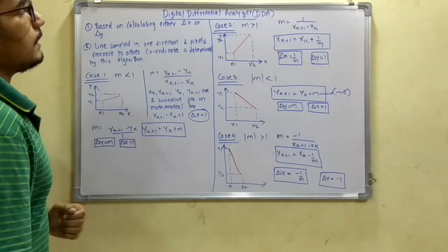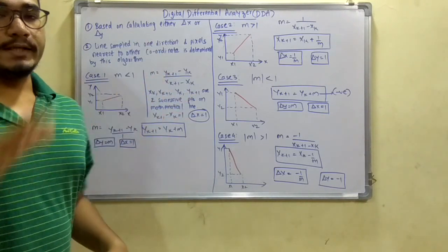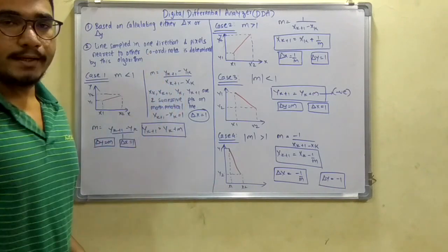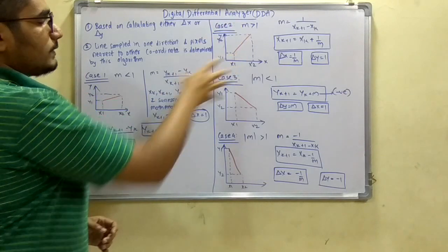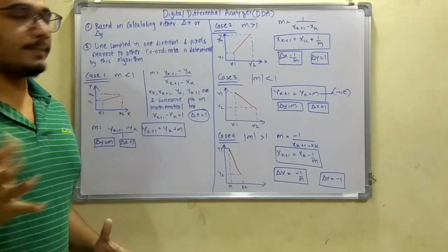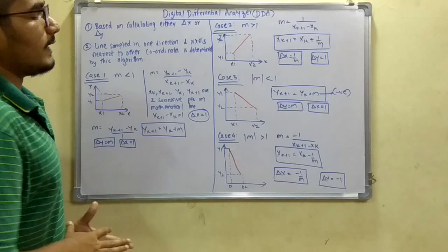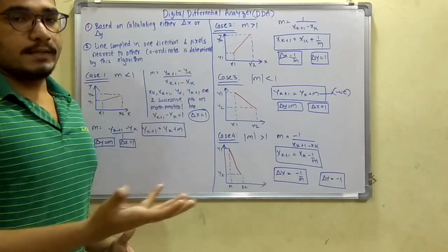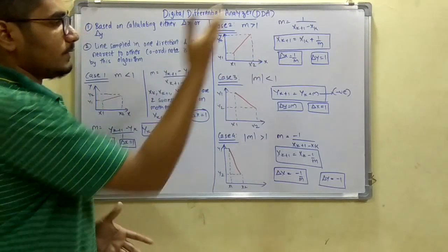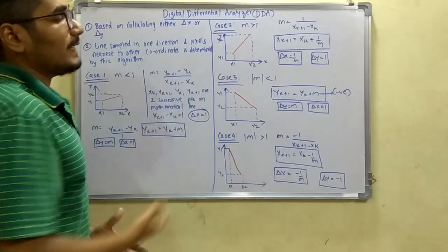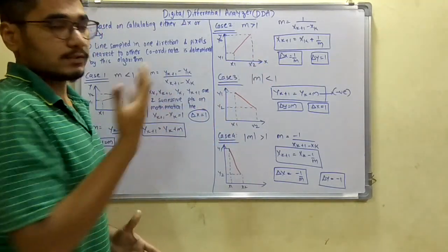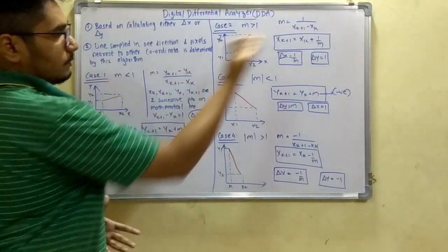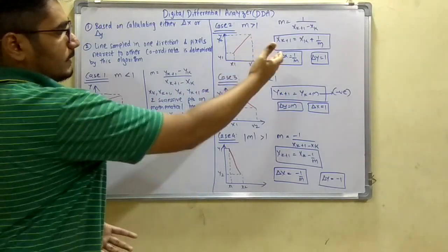So moving on to the next case, that is where m is greater than 1. In this, you just have to put 1 in the numerator here. So we get this equation, or this graph, we can see from the previous video. I have drawn the same graph again, and so we will determine x(k+1) is equal to x(k) plus 1 by m. When you interchange the equation, here we get delta x as 1 by m and delta y as 1. Here it was delta x as 1 and delta y was m. So here it just got interchanged, and so it is the inverse.